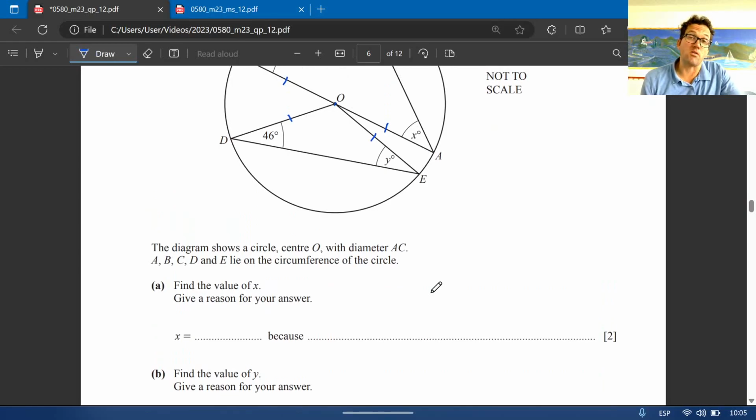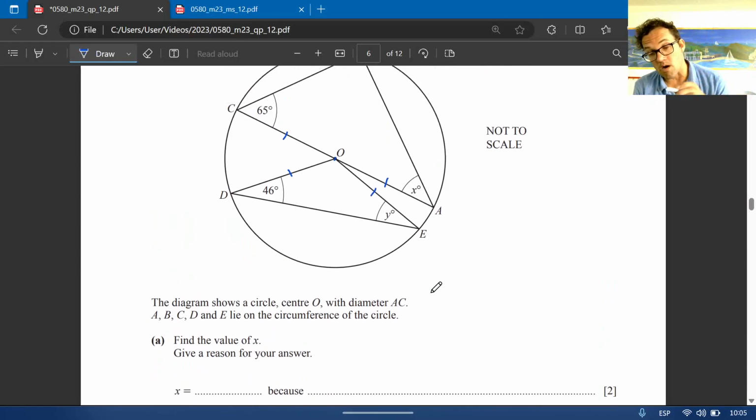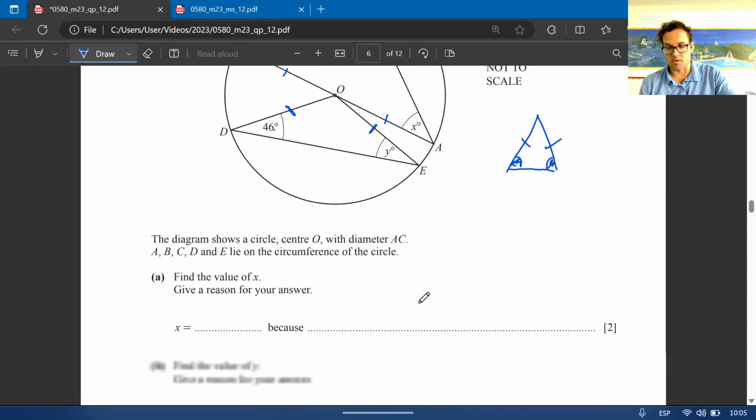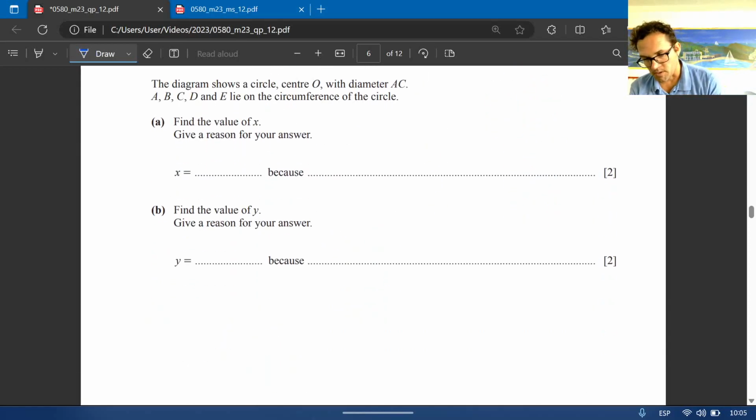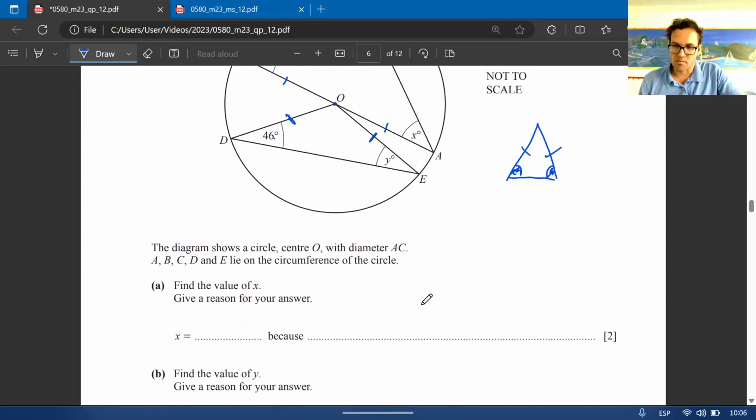I'm going to start with y because that's the easiest one. You see already I've marked these 2 lines. What does that mean? Isosceles triangle. Isosceles triangle has 2 sides the same length, and we've got 2 sides the same length. That means the 2 base angles are the same. So y is the same as the other angle over there, 46. So y is 46. And it's because